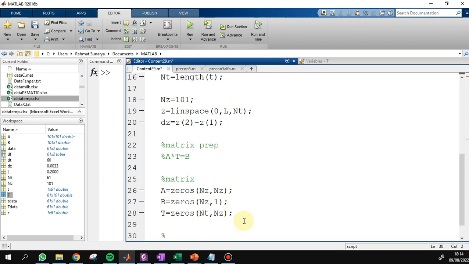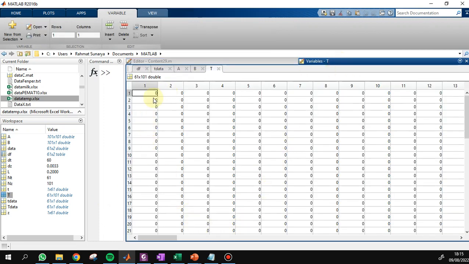The initial condition is filled into the T matrix, in the first column. It must be 25. The initial condition is 25.